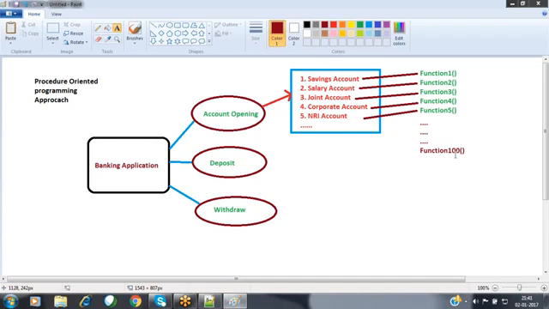And the second drawback is about the functions that you have defined.